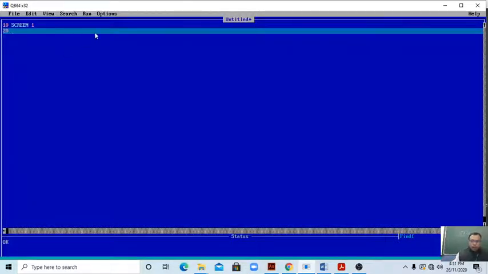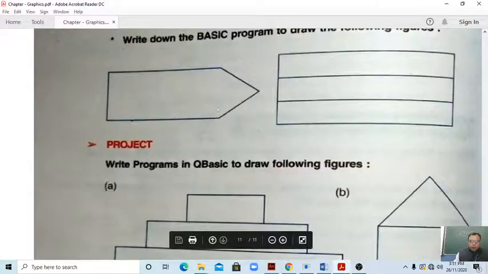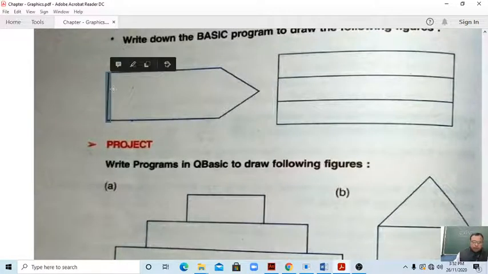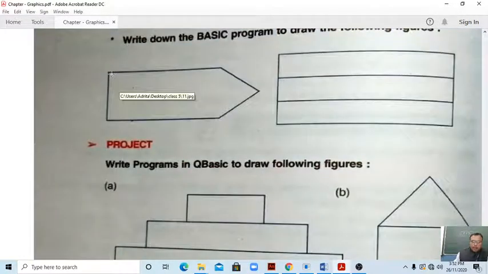What do we want to draw students? First of all, we have to start from this point, from this to this. This point means we have to use the U. Then after that, we will go to this side. We are going to the left side. No, this is the right side from your side.